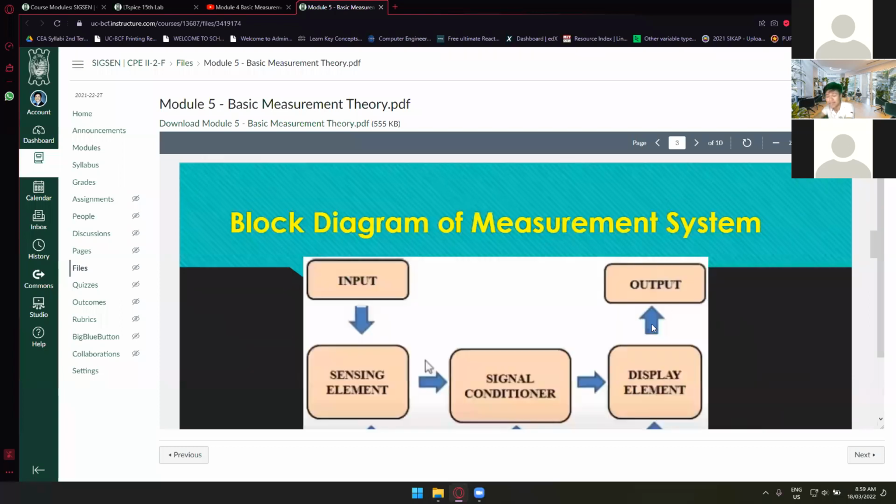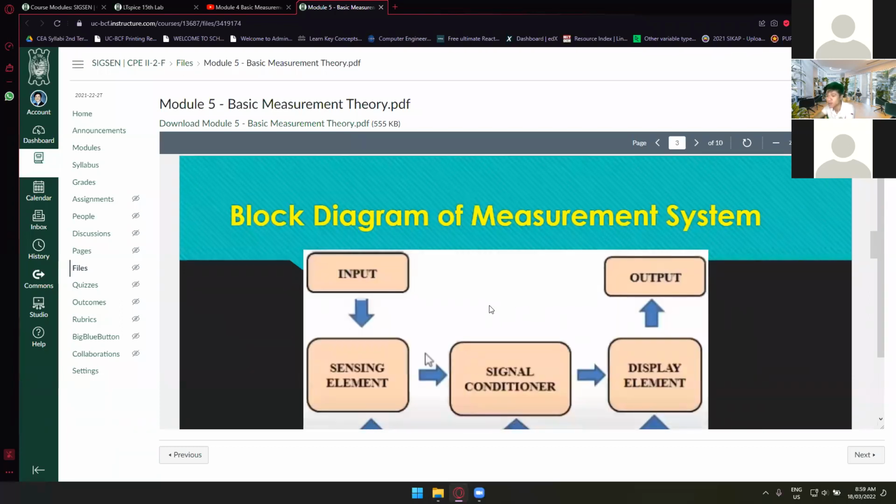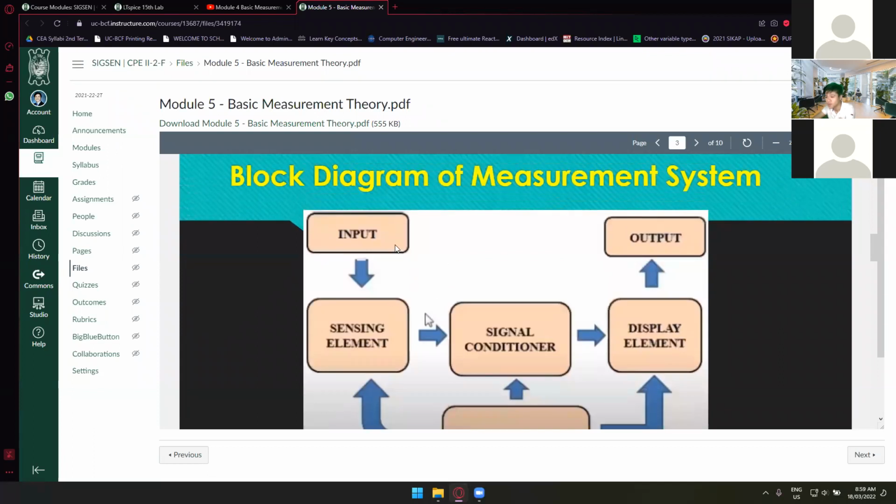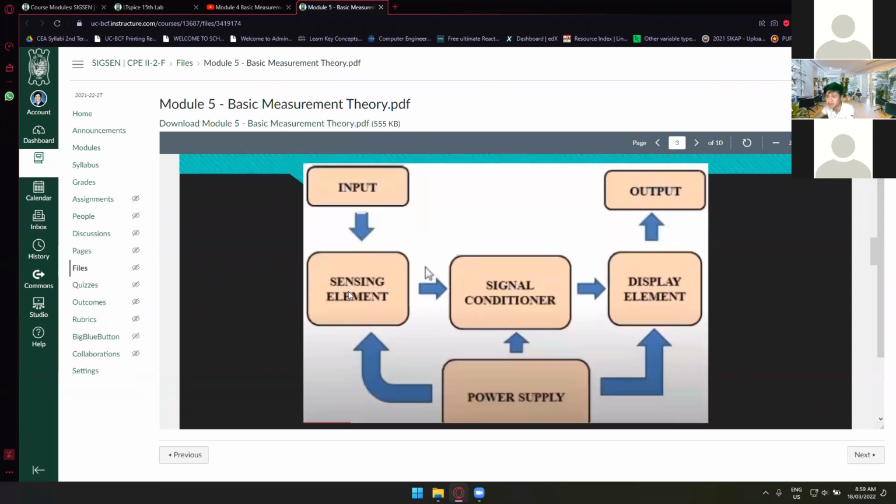Let's now move on to the block diagram of a measurement system. So we always have this one. We have this input, this is what we're trying to measure. Then we have the sensing element to sense what that input is that we are trying to check or determine. Is it gas, is it a liquid, is it a physical thing, a solid thing, and so on and so forth. Then we have the signal conditioner to convert or transpose that into something else that